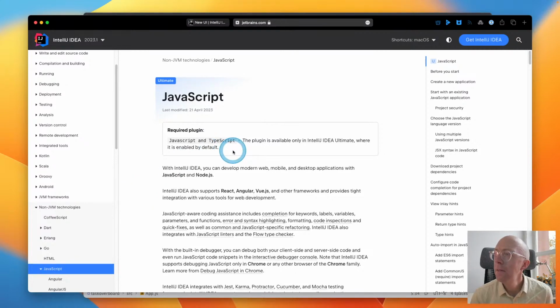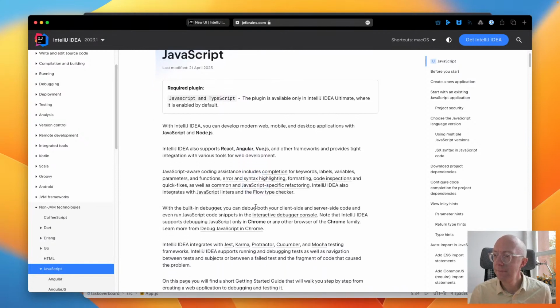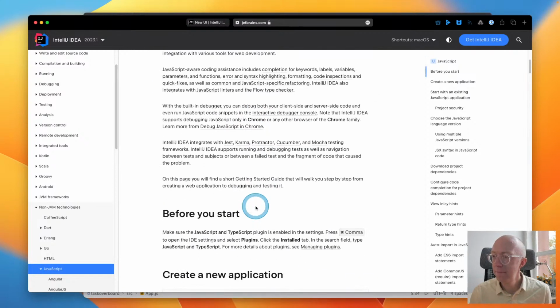Oh, only available in IntelliJ IDEA Ultimate. Okay. That's interesting and unexpected. Well, that is peculiar. Okay.